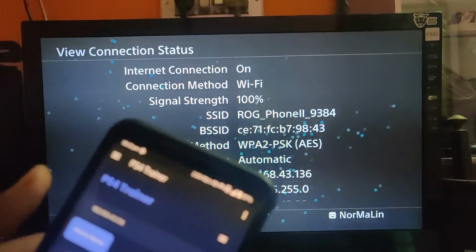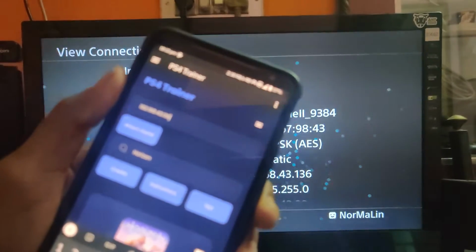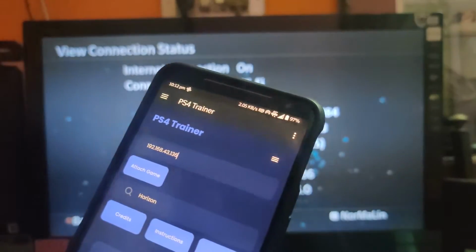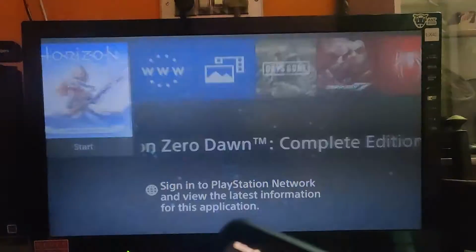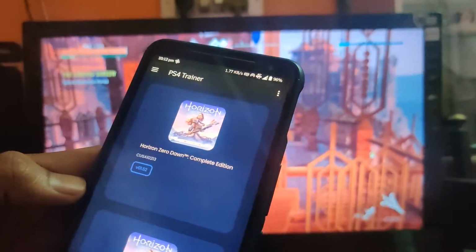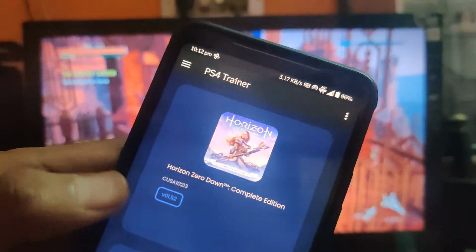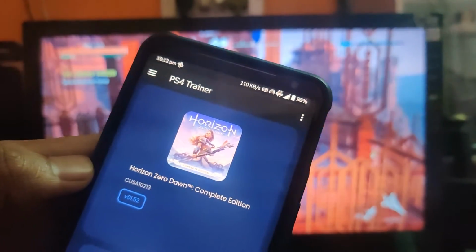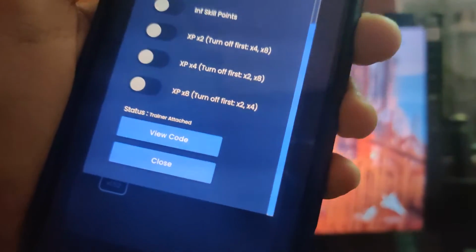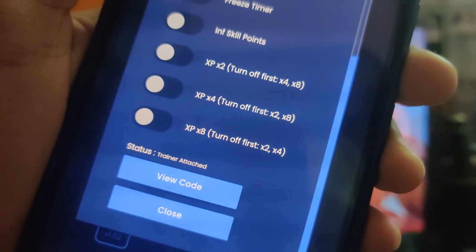Let me just correct that and click OK. Head back to the game. Open it. Here's my installed version. Now here you can see the status says trainer attached.